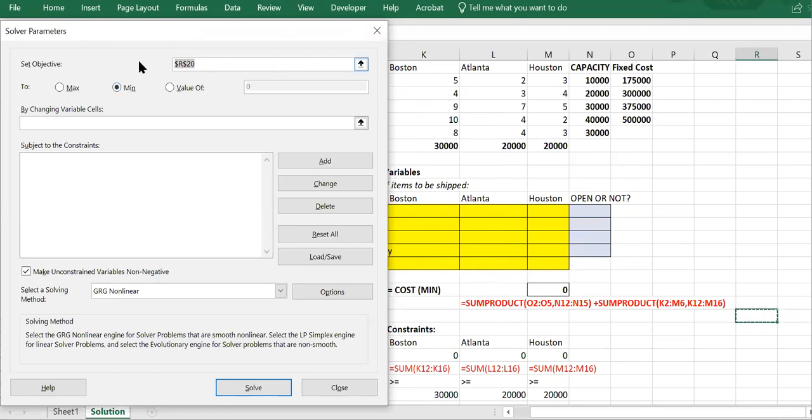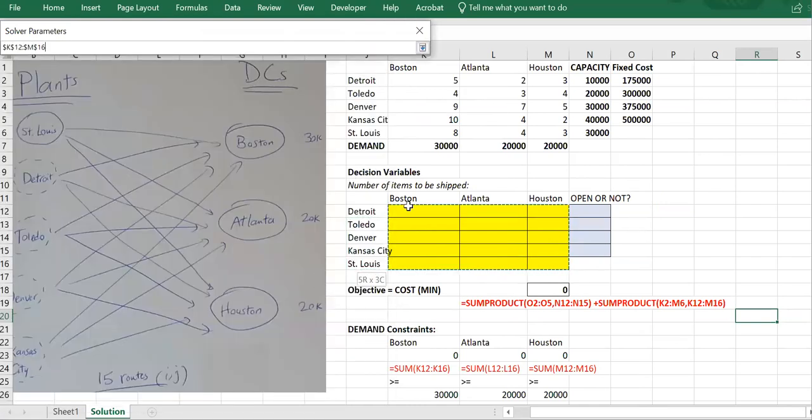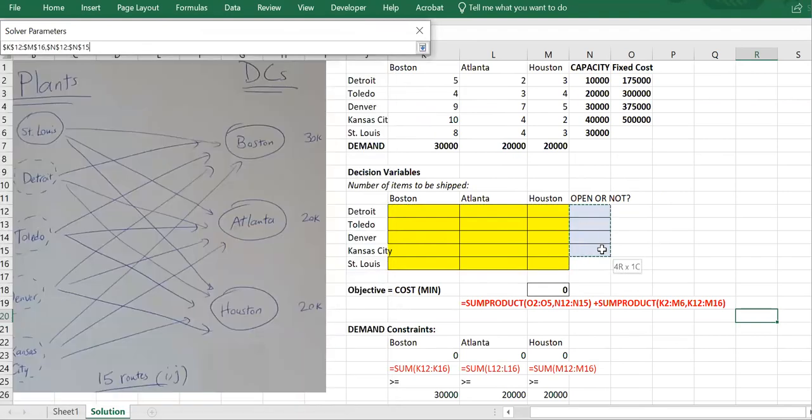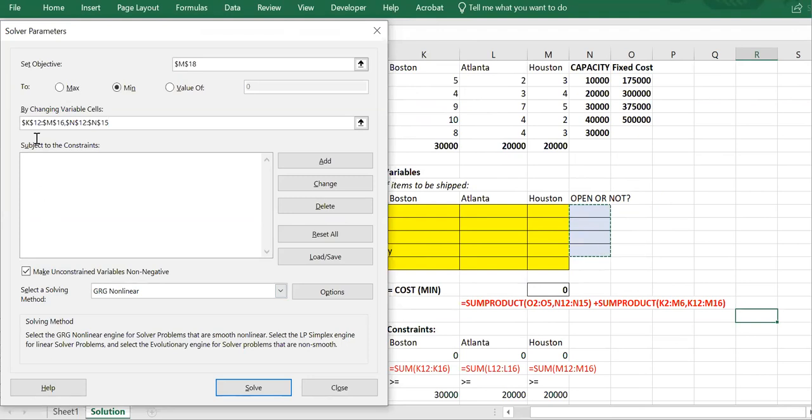We want to minimize the cost, and the cost is right here, by changing 19 decision variables. So these are my continuous ones, comma, and these 4. So a set of 19 decision variables subject to